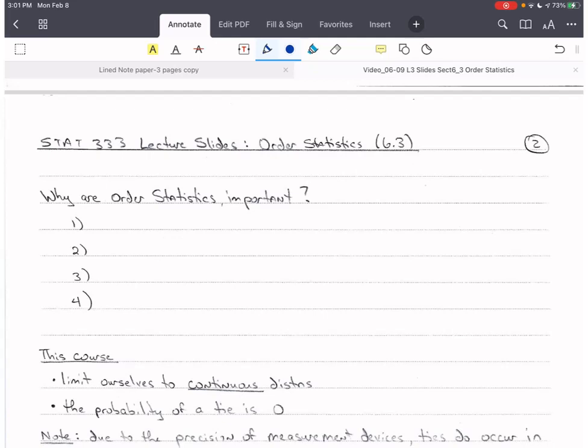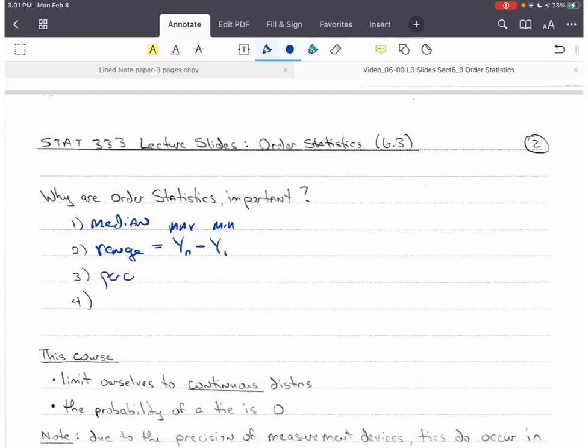What's the deal? So the median uses order statistics to calculate it. The range is equal to yn minus y1. This is the nth order statistic, which is the max, minus the first order statistic, which is the min. Okay? And then